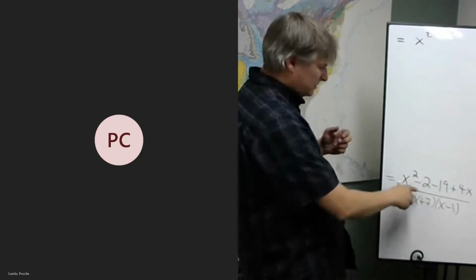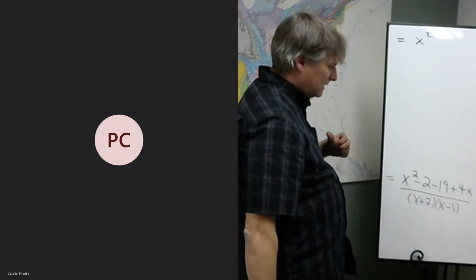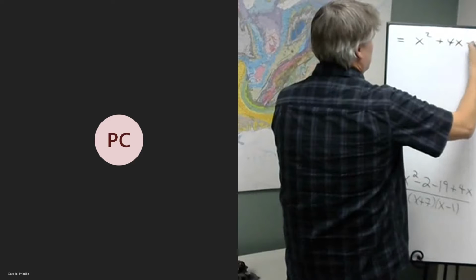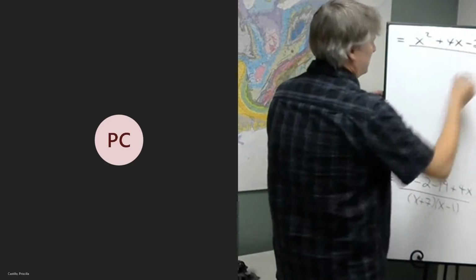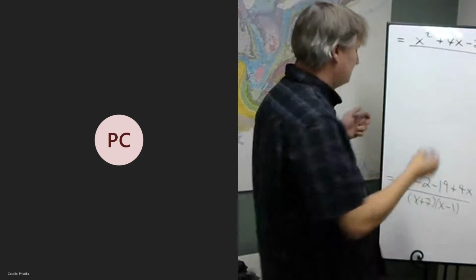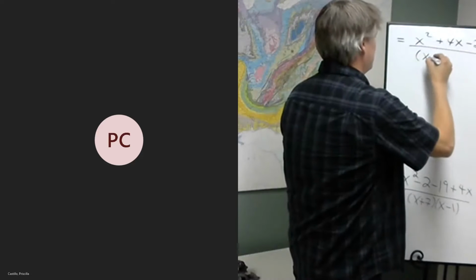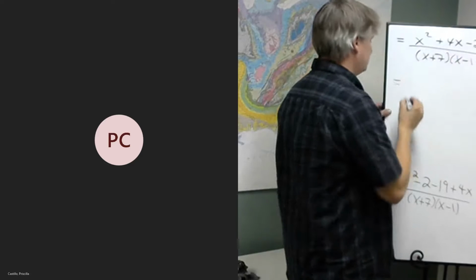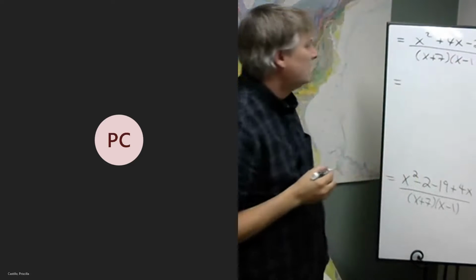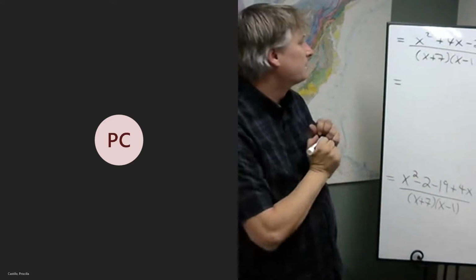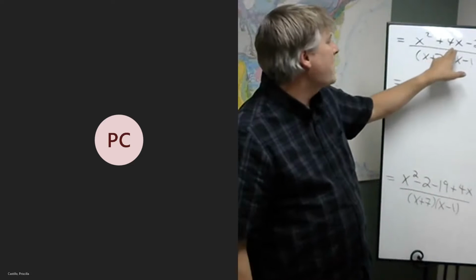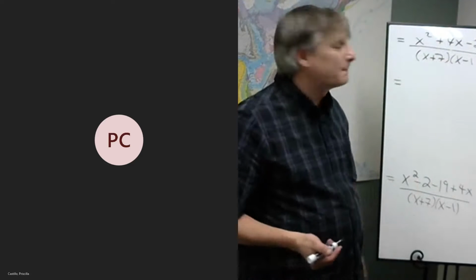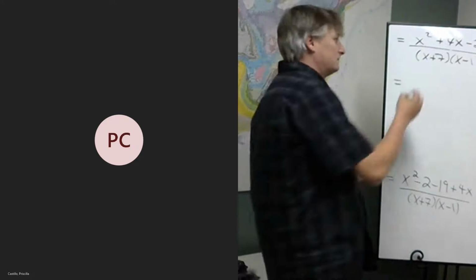So combining like terms, -2 and -19, I'll be -21. Bring up the 4x though. Again, keeping things in standard form. So now we have to answer this question. Two numbers that add up to 4, but multiply to -21. Well,